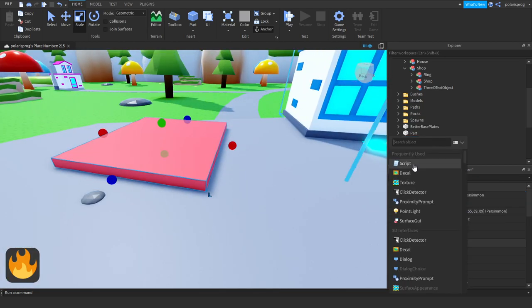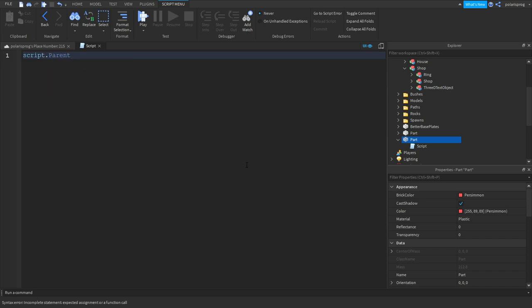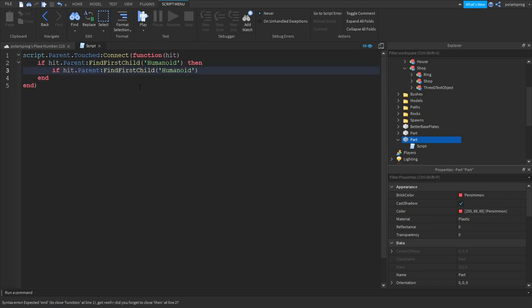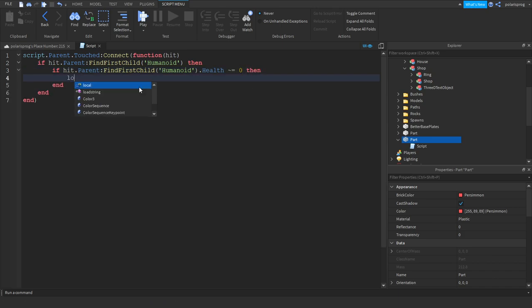So let's add a script to it, and we're gonna do script.Parent.Touched:Connect(function(hit), and then we're gonna do if hit.Parent:FindFirstChild("Humanoid"), then we're gonna create a variable for the player. Let's firstly check if, and just copy this, paste it here, .Health is not equal to 0. Then we're gonna create a variable for the player. So local player is equal to game.Players